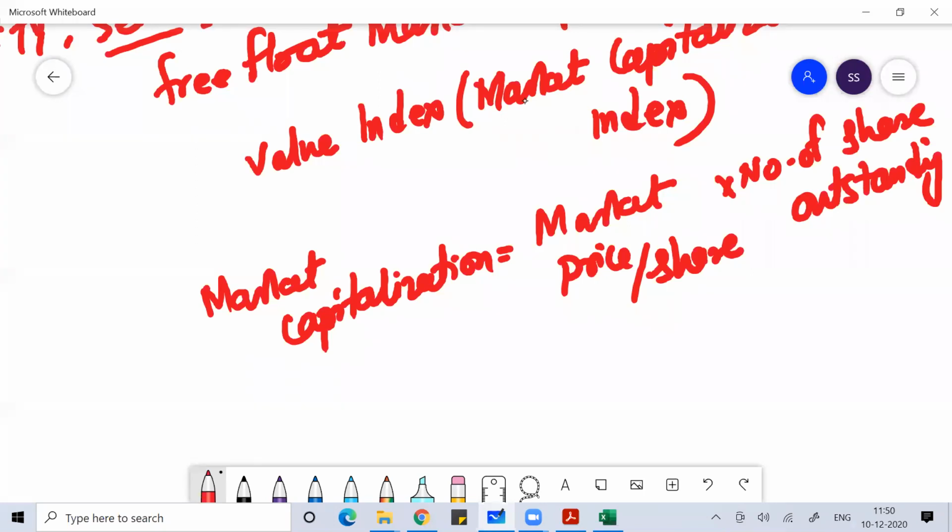As an investor, we want that when we are buying the stock, we buy at the lowest price, and when we are selling the stock, we sell at the highest price. The difference between the best bid quote and the best ask quote is called the bid ask spread. Best bid price means the highest of all the bids, and best ask price means the lowest of all the asks. The difference between them is called the spread. The bid ask spread talks about the liquidity of the stock, and is used to measure it.